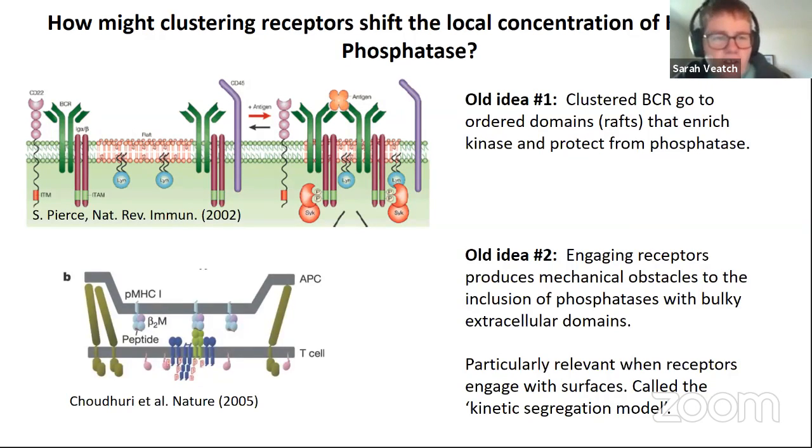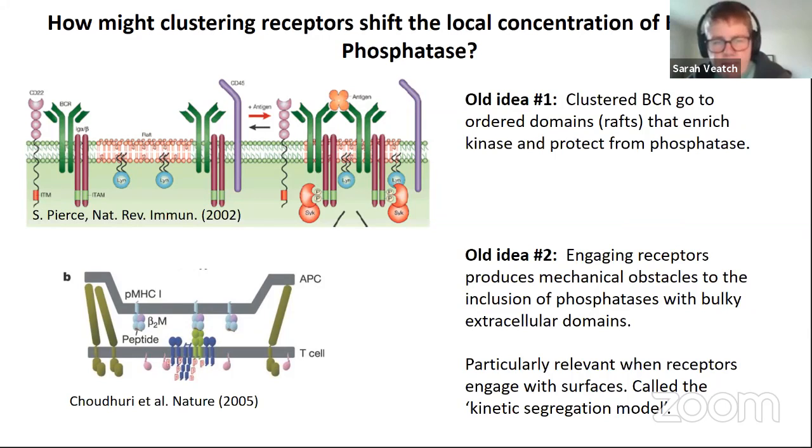Another idea that is also quite popular is that maybe there's something about the clustering or engaging of the receptors that occludes the phosphatase, right? So maybe there's some reason why the phosphatase can no longer fit into these clusters, and that will lower the phosphatase concentration and also promote the kinase winning. And one way you could easily imagine this happening is